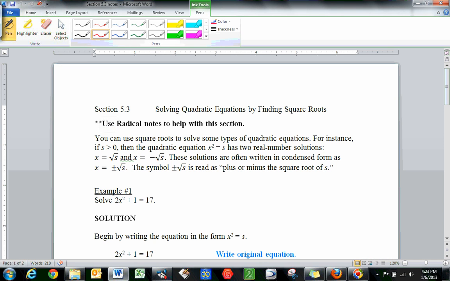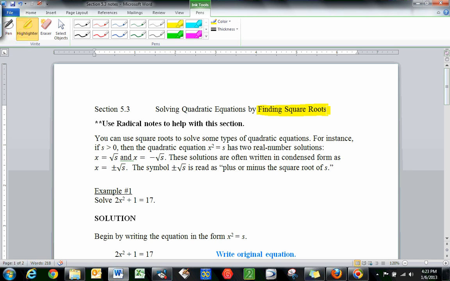Okay, today we're going to be working with quadratic equations again. This time what we're going to notice is that factoring the quadratic is not going to be a very useful way of actually solving it. The way that the quadratic equation is written does not make it very useful to factor. So we're going to have to come up with another way to solve the quadratic equation. So what you're going to see here is that we are going to solve the quadratic equation by using the